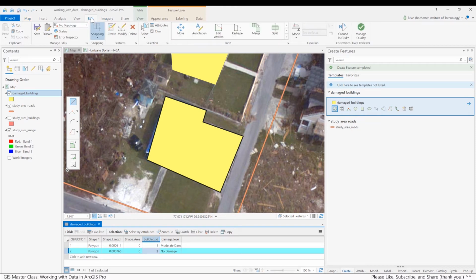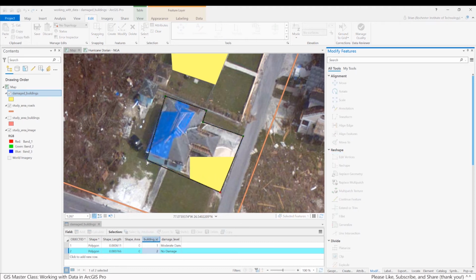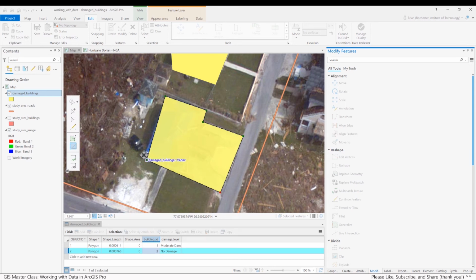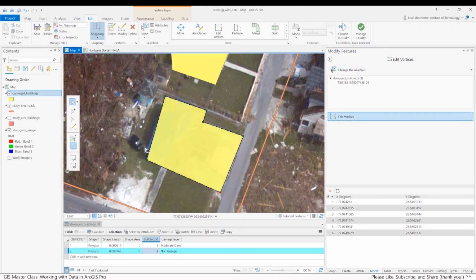Now, of course, I'll briefly show you other things you can do. You can see I made this feature, and it's not really perfect here. If I want to modify it, I select it. If I want to edit the vertices, I click on that tool, and you can see that I now can modify the shape. And another important part of editing vector features